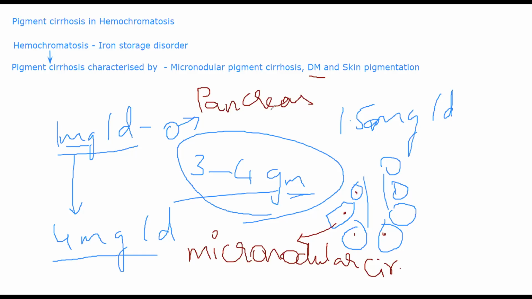Eventually atrophy of cells will occur, and these are particularly affecting your acinar cells and your islet cells. And once these are affected, the patient invariably develops diabetes mellitus. That is why this disease is called bronze diabetes, because the patient develops diabetes mellitus and they will have pigmentation because of iron getting accumulated. Okay, so this is about hemochromatosis.